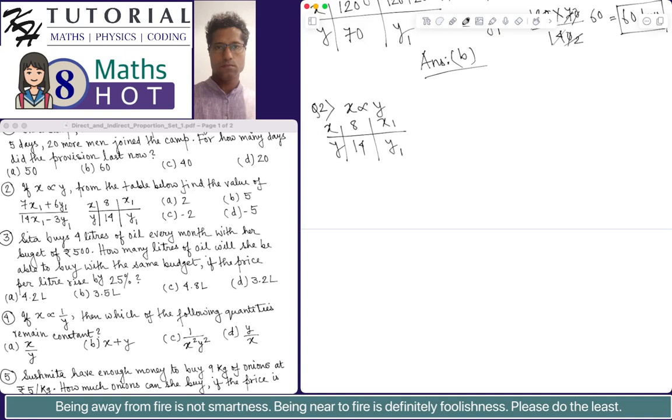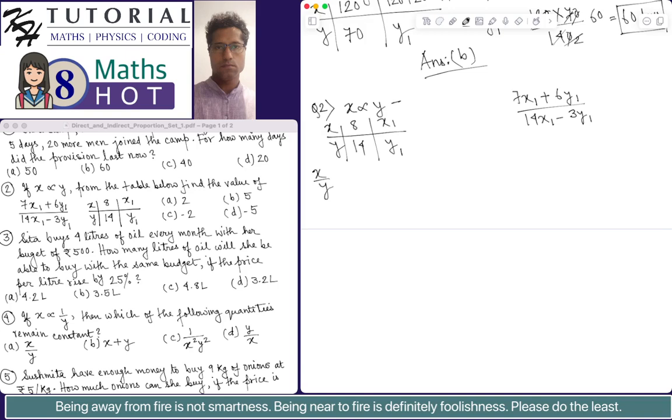So this is the given table, and we have to find the value of 7x1 plus 6y1 divided by 14x1 minus 3y1. We have to find the value of this expression. Okay. Now, since the quantities x and y are given to be in direct variation, we know that the ratio of the quantities x and y, that is x by y,